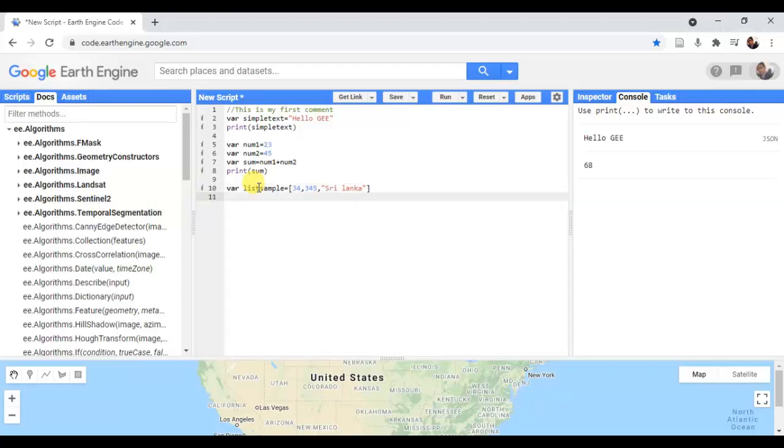If you want to get the print output of this list sample, you can write a print function. Here you can see the first item of the list is 34, 345, and the last item is Sri Lanka.